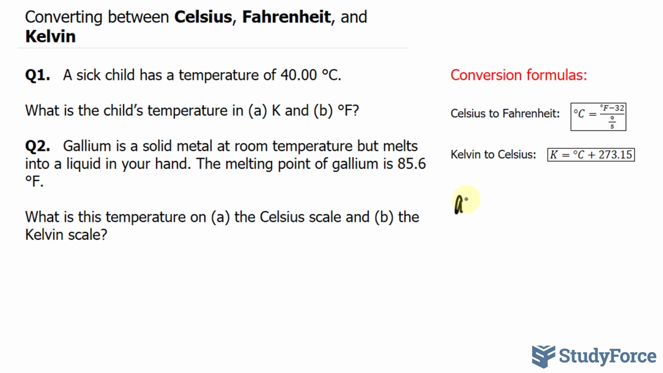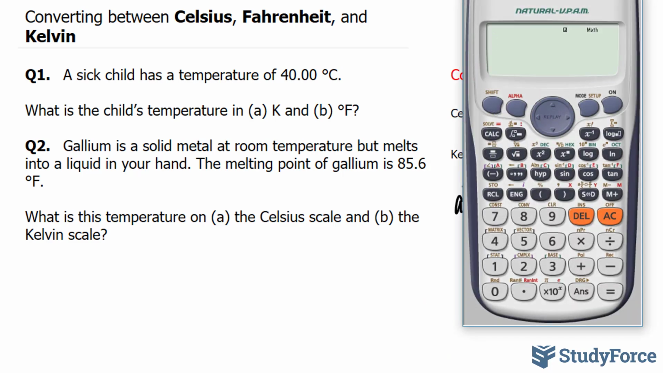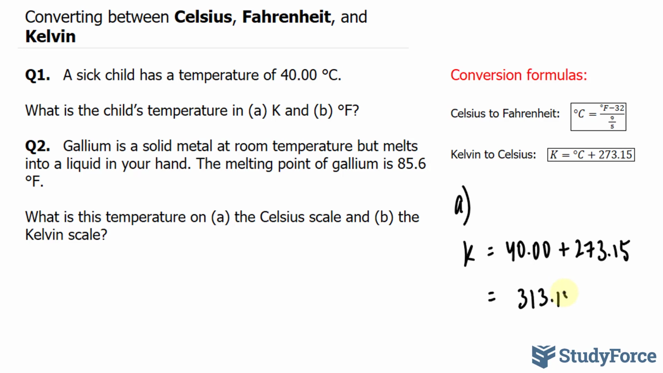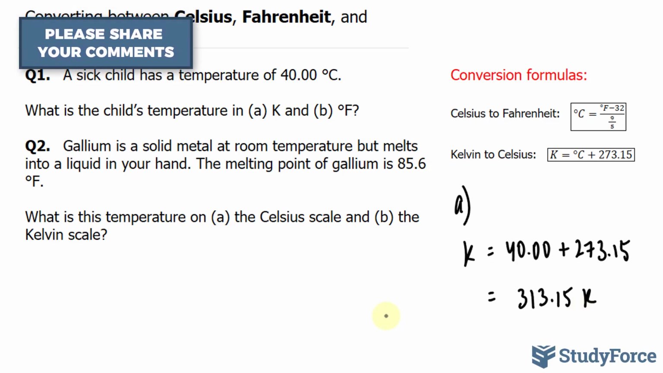So if we add, for part A, Kelvin is equal to 40.00 plus 273.15, we will end up with, and I'll use my calculator for this, 40.00 plus 273.15 gives us 313.15. 313.15 Kelvin. Now, to account for the correct number of significant figures, your final answer needs to have the amount